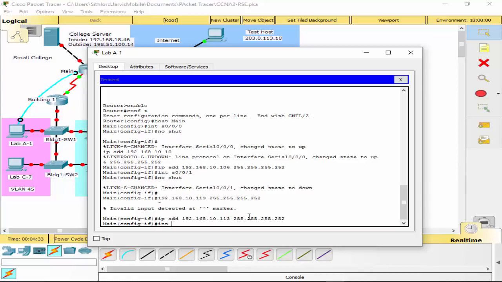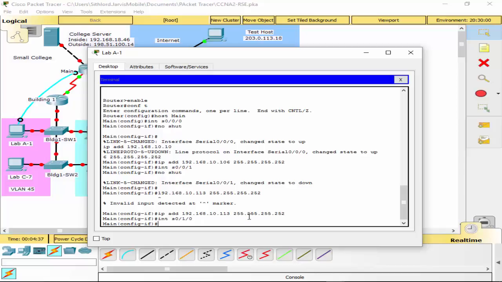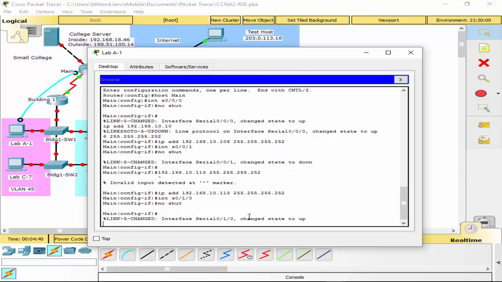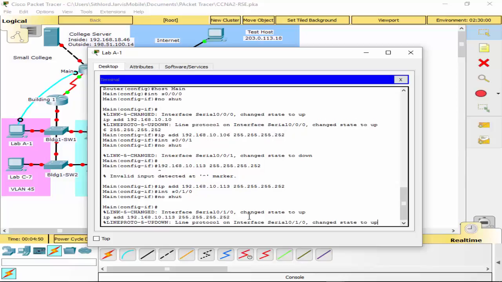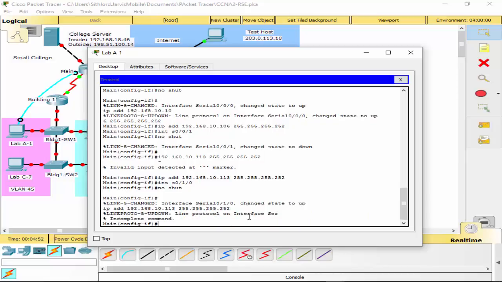Oh, well, we get a lot of serials in. No, just one more. S0/1, no shut. And this one actually isn't a /30, it's a /28. So, I don't know. That's bad because I got that. Alright, so